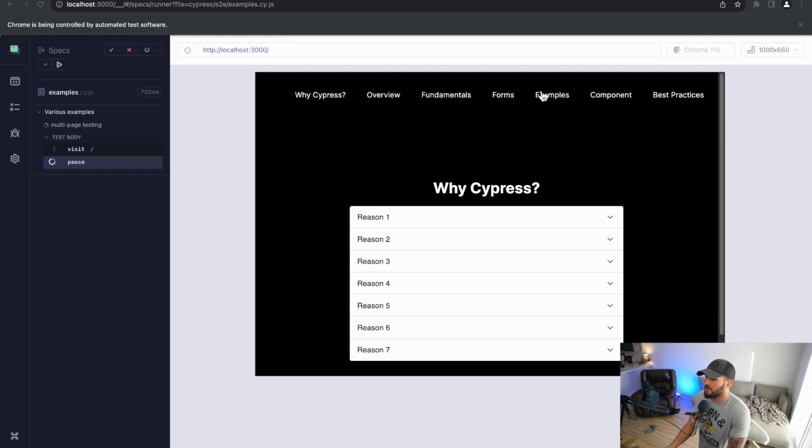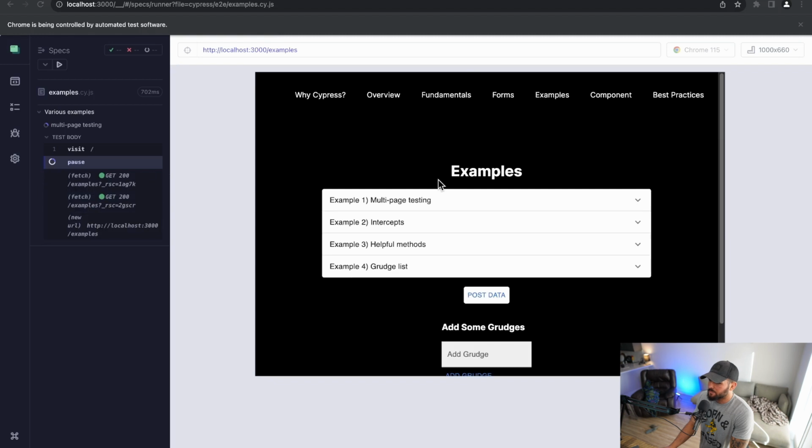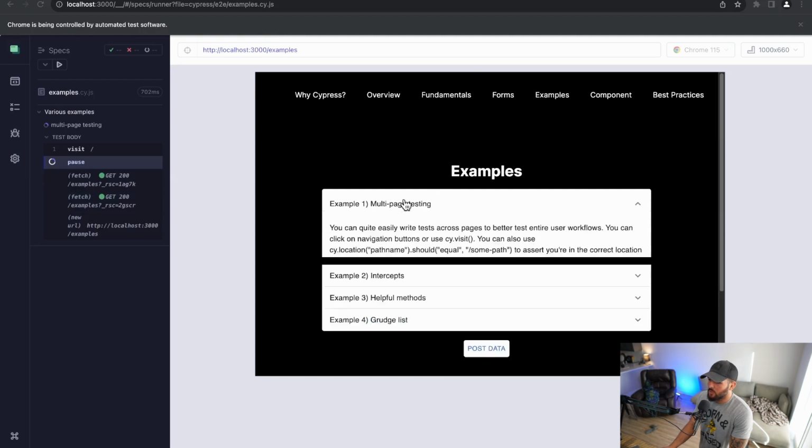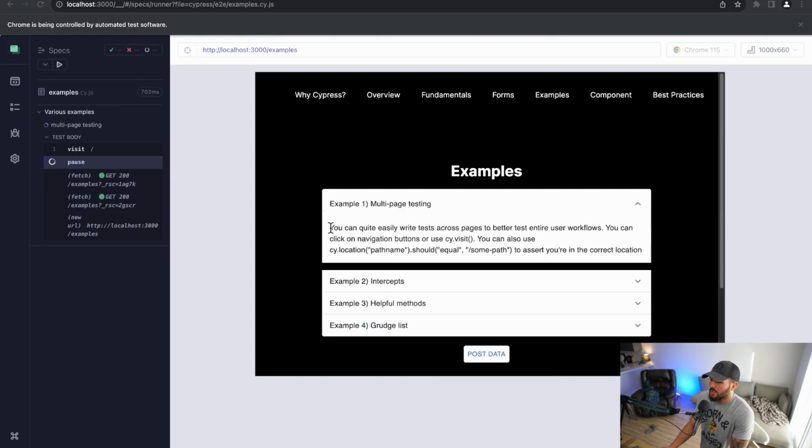And I'm going to navigate here to our examples page. And our first example is multi-page testing. So you can quite easily write tests across different pages to better test your entire user workflows. You can do this by clicking on different buttons. So I can click on my navigation buttons here within my tests to navigate to different pages, but I can also use cy.visit